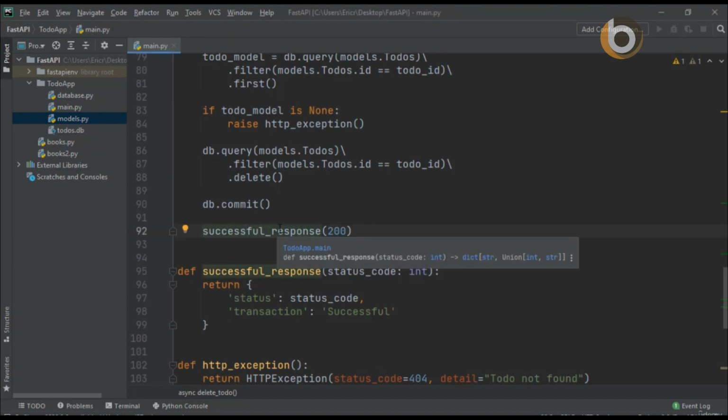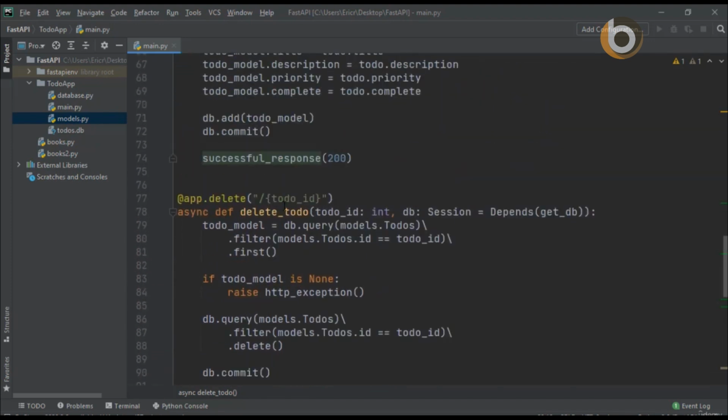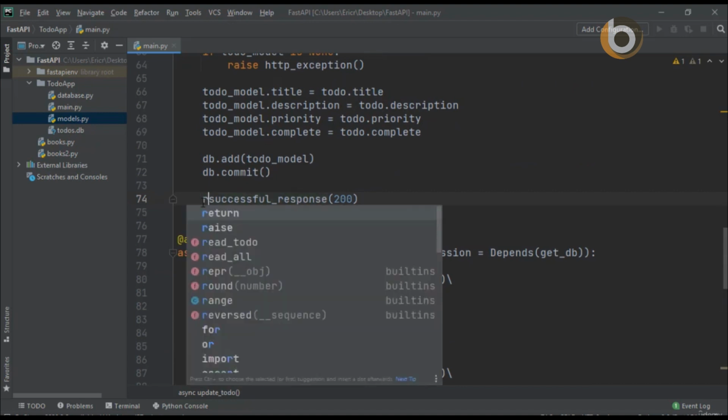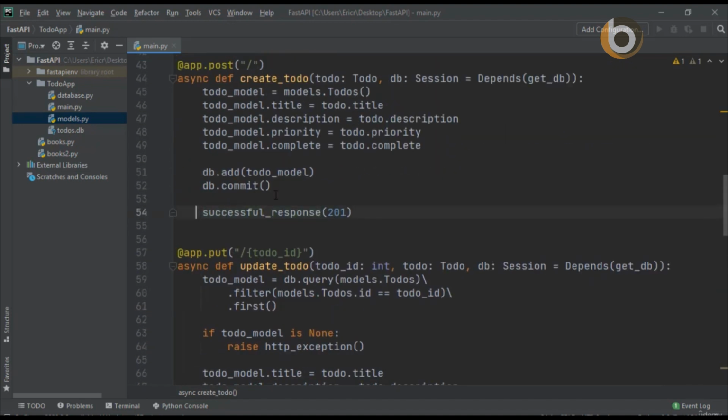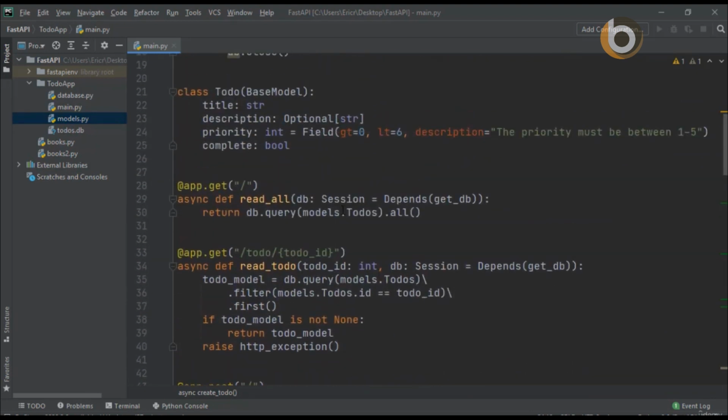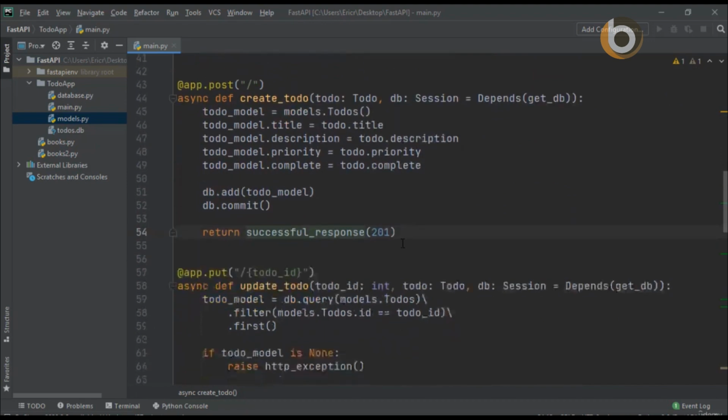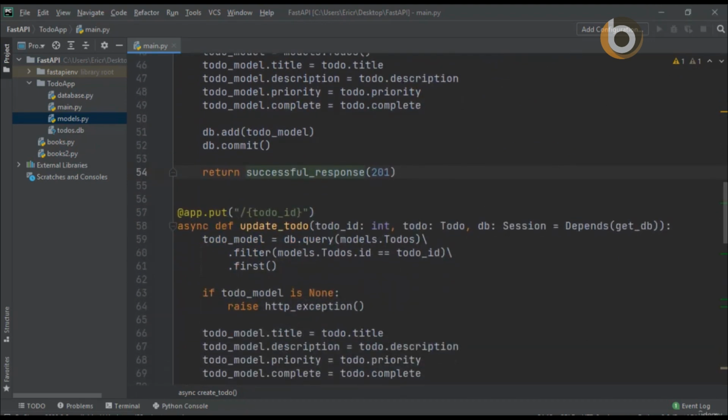So right before this, let's type in return. Let's resave the application and let's go back to our browser,